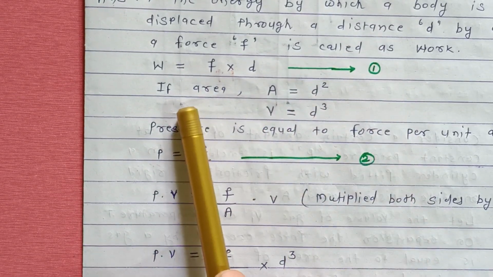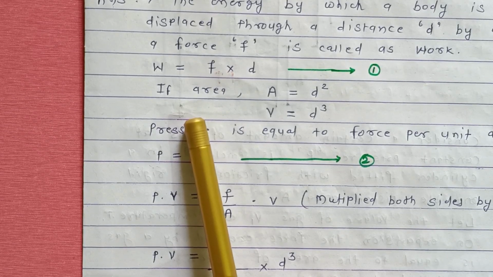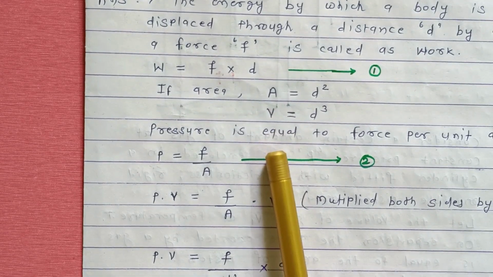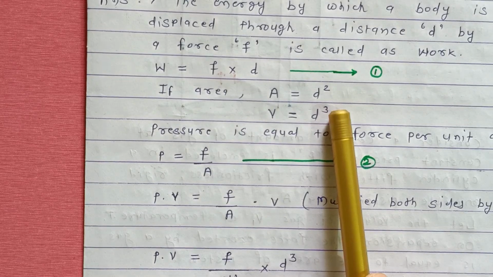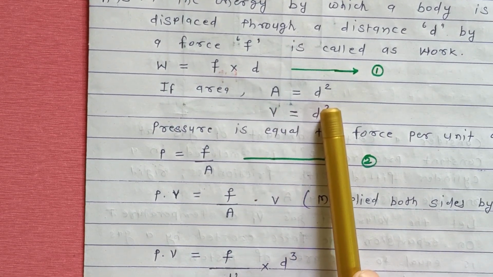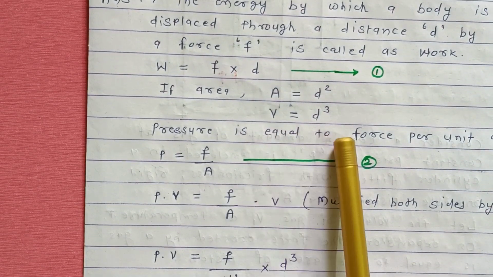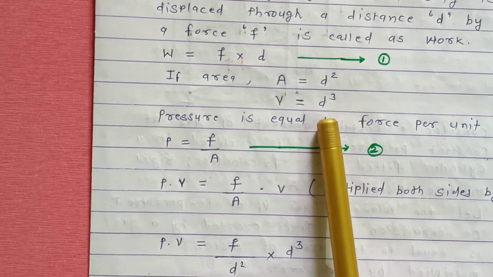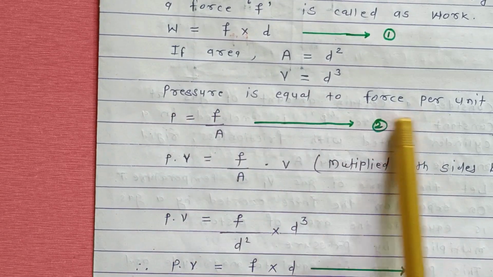After that, उसके बाद हम देख रहे हैं कि एरिया कैसे किस अक्षर से इंडिकेट करते हैं? A से, और वॉल्यूम V से। एरिया इज इक्वल टू दी प्रोडक्ट ऑफ लेंथ इंटू ब्रेथ। जो डिस्टेंस अपन ने कवर किया है D है, D इंटू D, सो A इज इक्वल टू D स्क्वायर। आफ्टर दैट वॉल्यूम जो रहता है वो 3 का प्रोडक्ट है, लेंथ, ब्रेथ और हाइट, D इंटू D इंटू D, इसका मतलब वो D क्यूब। क्लियर? उसके बाद हम देखेंगे डेफिनेशन ऑफ प्रेशर।